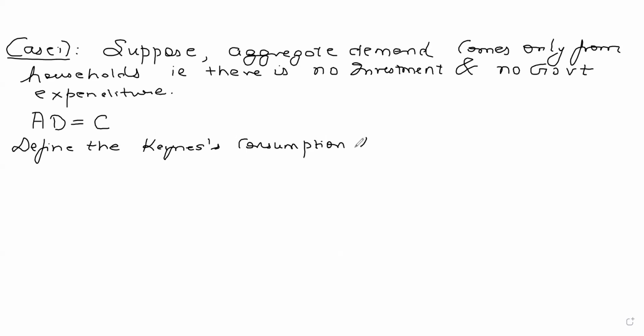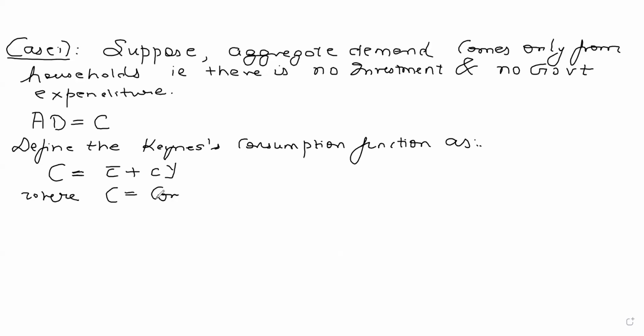Define the Keynes consumption function as C is equal to C bar plus cY, where capital C denotes my consumption, Y denotes my income, C bar denotes autonomous consumption,